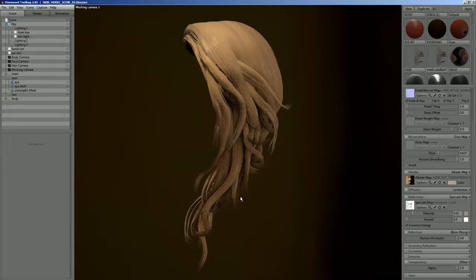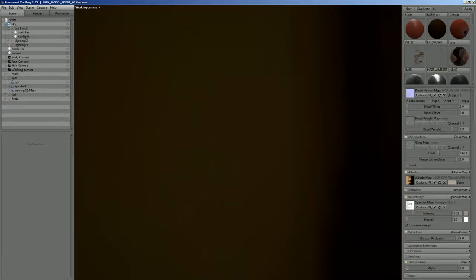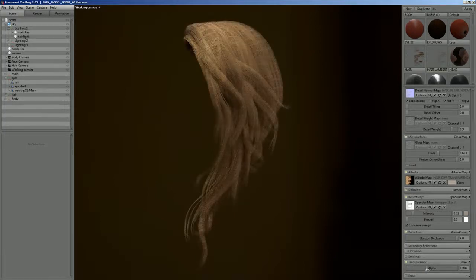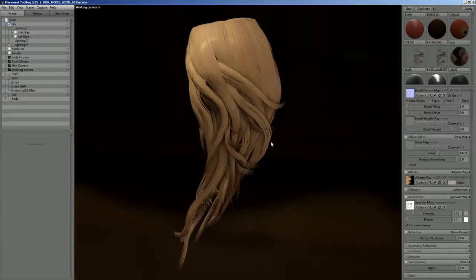But we realized people aren't real big fans of the kind of noisy look to it, so we might look into some alternatives there as well. Yeah, one of the things we have kind of in our minds, and this was specifically with regards to hair. We're not sure if this is something that will affect other ways of